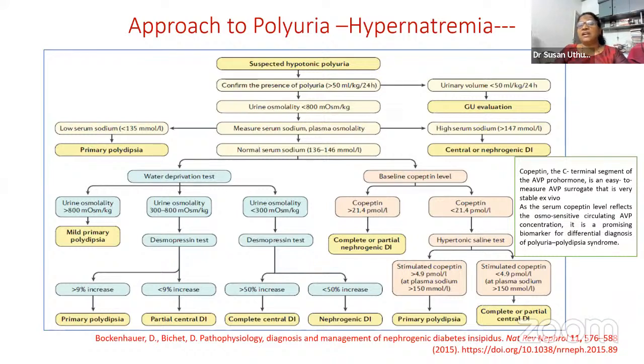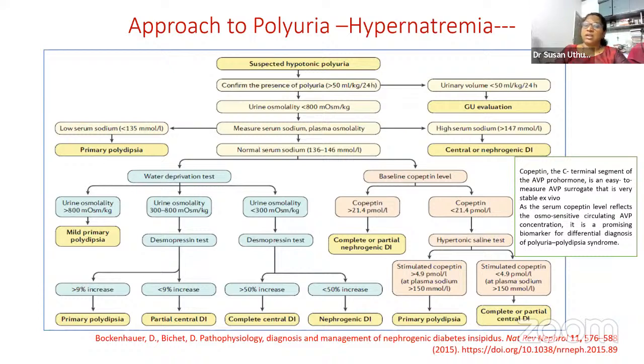And the urine osmolality is to be assessed. If it is less than 800, then you have to look at the serum sodium. If the serum sodium is very low, that is less than 135, it's actually lower than the usual, then primary polydipsia is to be considered. But if it is more than 147, it is high serum sodium, it can be a